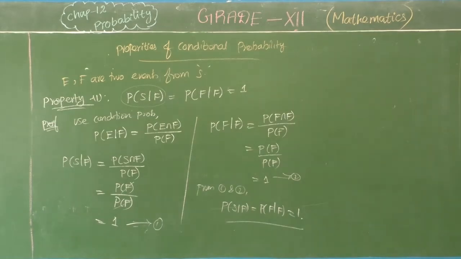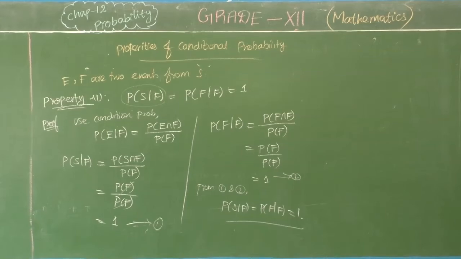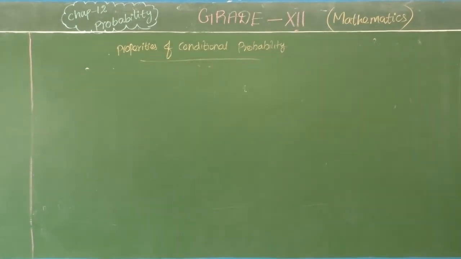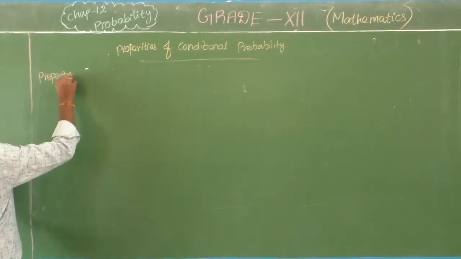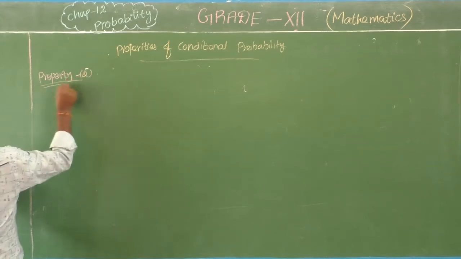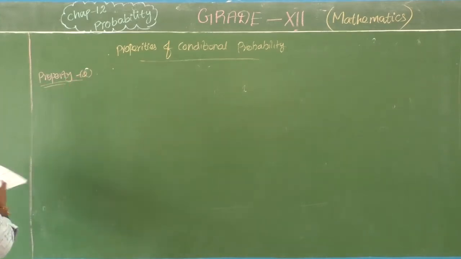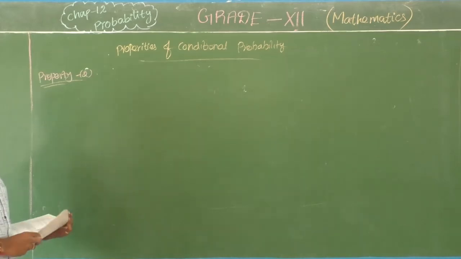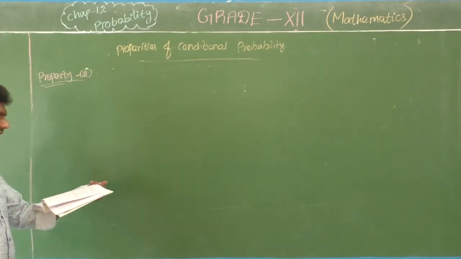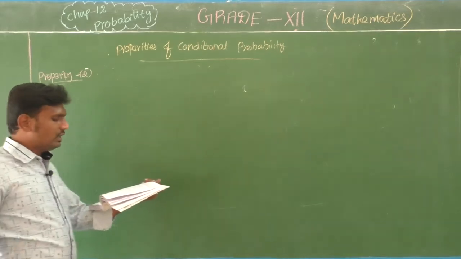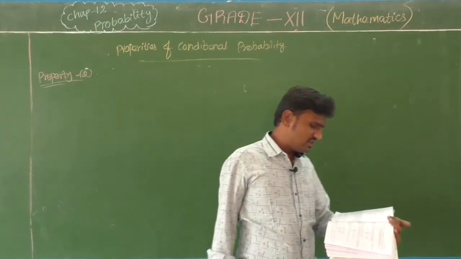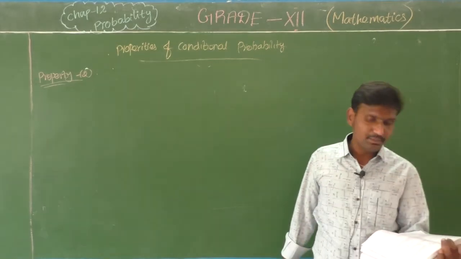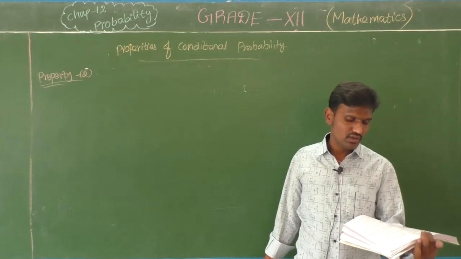So this is property 1, and then next we want to move to property 2. This property is a very important part, property number 2. Okay, so listen carefully, all of you. See, sometimes the creative question will ask: prove that A and B are any two events of a sample space, and F is an event such that P of F is not equal to 0, then prove that